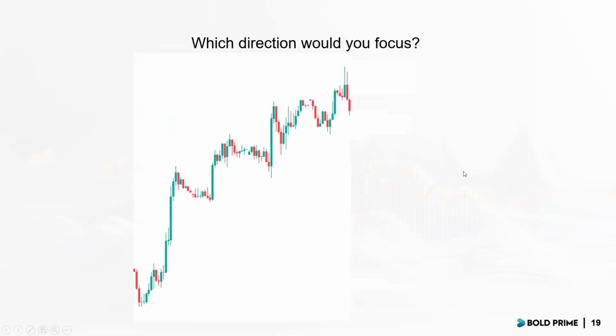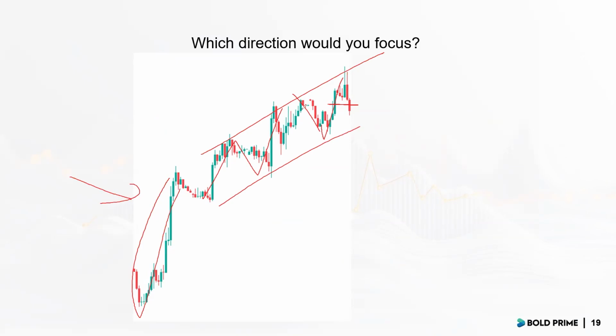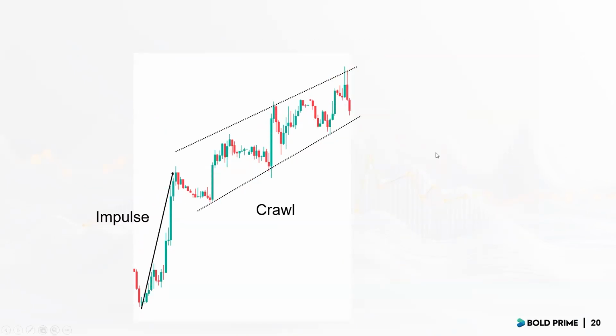Very nice little pattern. If you flip it to the opposite, this is also very, very clear. Okay, price is here. You ask yourself again, how did price arrive to this point? We came up, we came down, we went up, we came down, we went up again. Very, very slow in its development. Previously, we have one impulsive leg. That's a crawl, right? And what is the directional bias? Bearish. We do expect price eventually to come back down. There's a high odds of that happening. And that's what the market gave us.